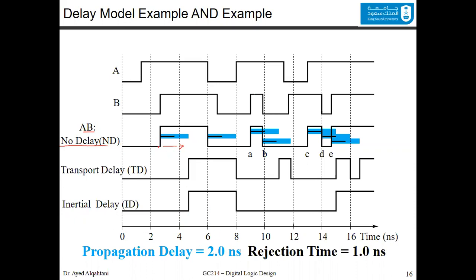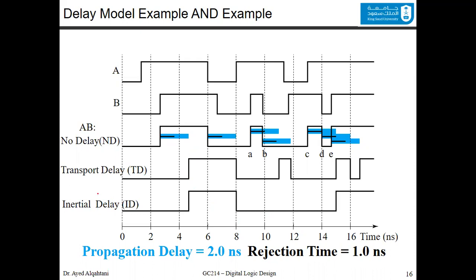You can see that the amount of time from here to here is about 2 nanoseconds, which is the blue line that you can see over here. If we define a rejection window time, which is 1 nanosecond, and it's the black line here,